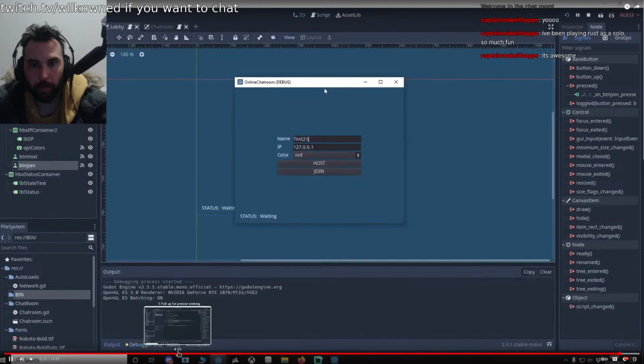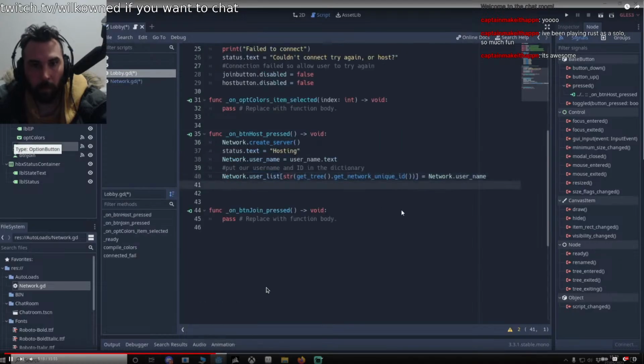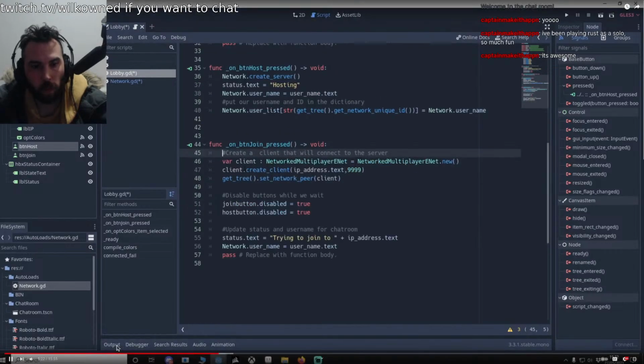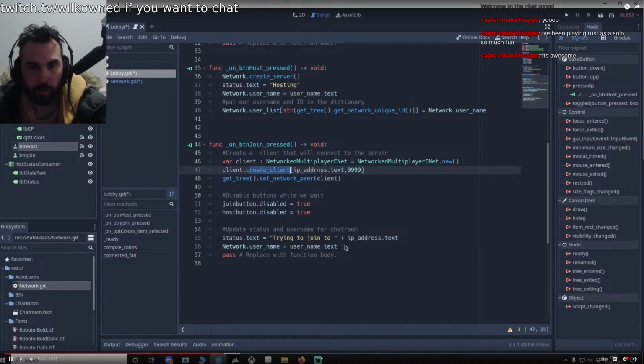So this concludes the end of the tutorial. And GetTree has something called set network with that user. So let's do our join, which is the client. Now we do the same again. We define our client as a network multiplayer enet. We then make sure that the client is create client, not server. And because it is a client, we're going to need an IP address. Now I'm using local IP address for this one, and of course the port has to match. Once we've